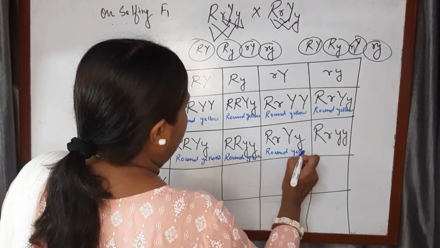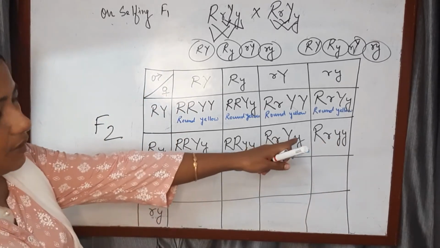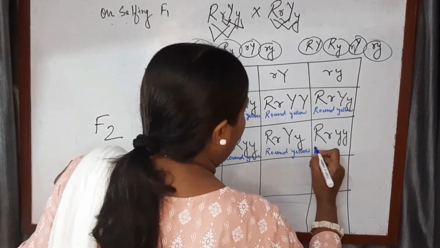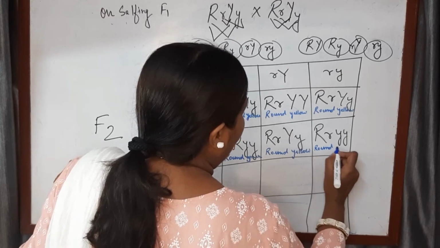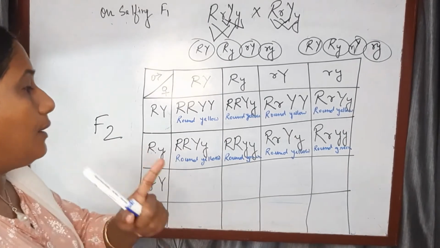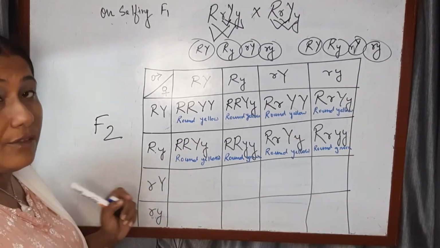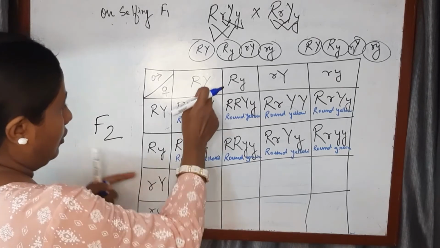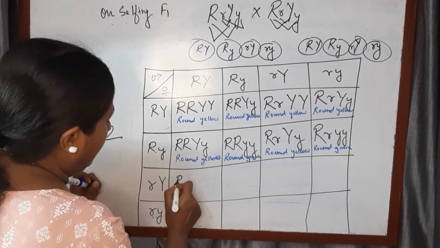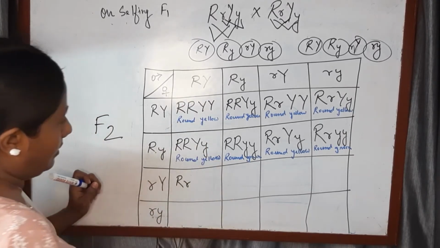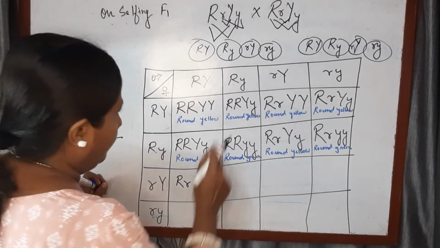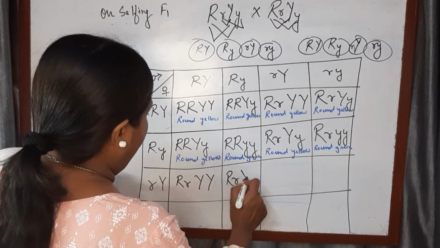I hope you can understand what I am saying. Here also, see, round green, heterozygous round. This was homozygous round, and this is heterozygous round. So round, what? Green. We have already got round green two, so one more is required because it is in the ratio of 9:3:3:1. Now see, again we will cross these two. So what are the probabilities? Capital R, small r, capital Y, small y, capital Y, capital Y. So both are round yellow. This again is capital R, capital Y, small y.